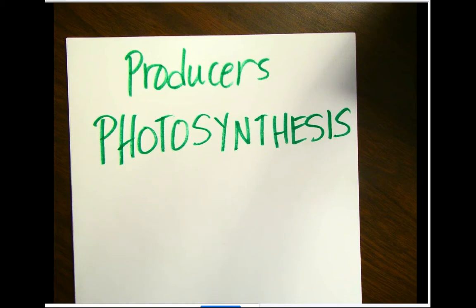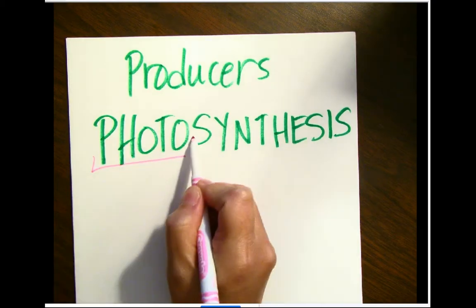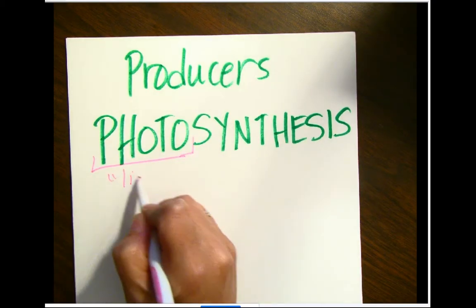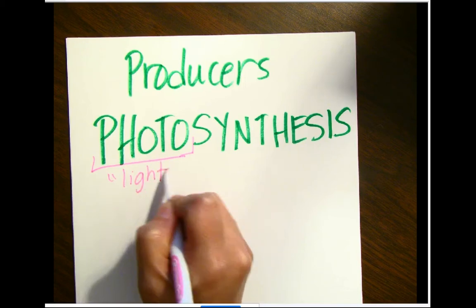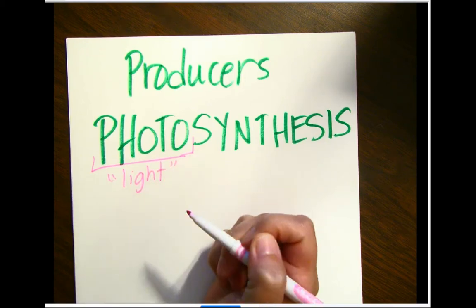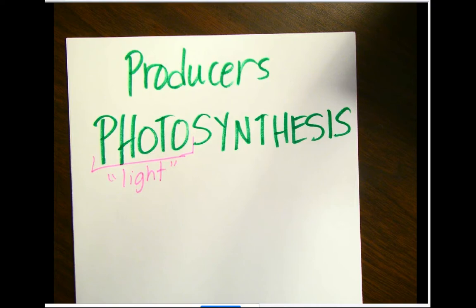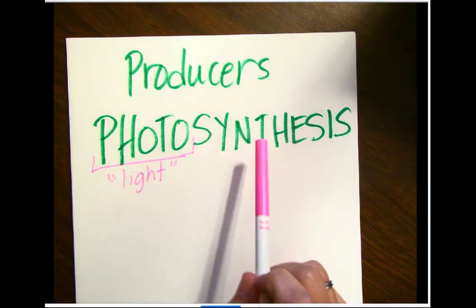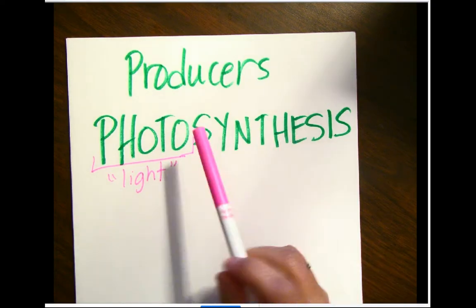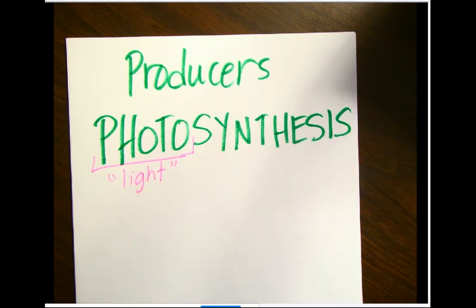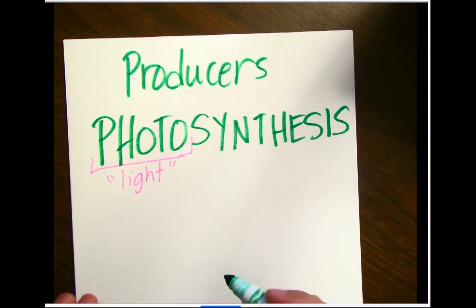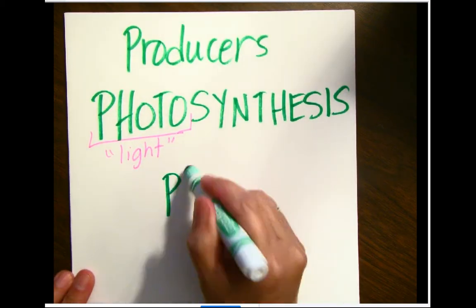Okay. Photo means light, like photograph. Okay. Synthesis as is in the presence of light. So producers make their own food. Well, what's a producer? Producers are plants,